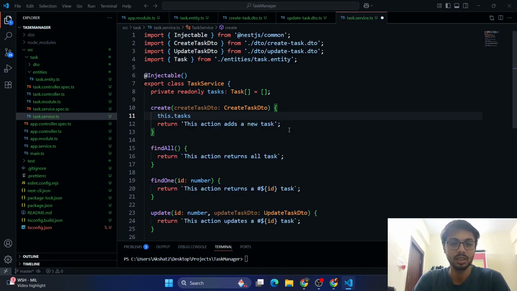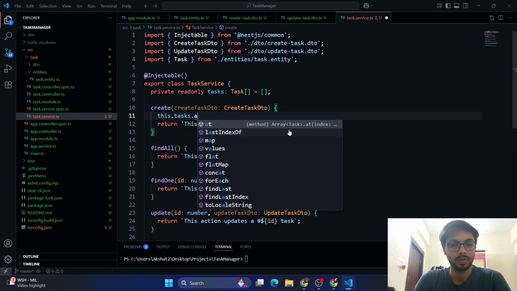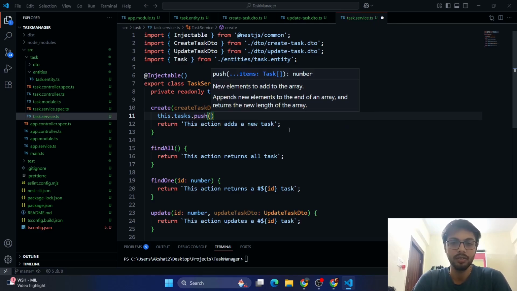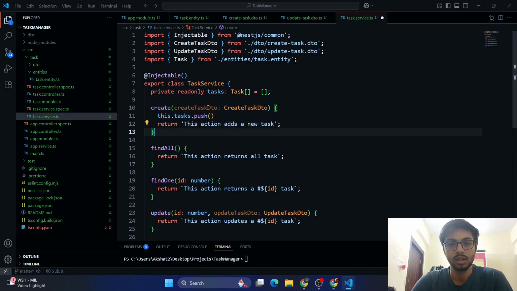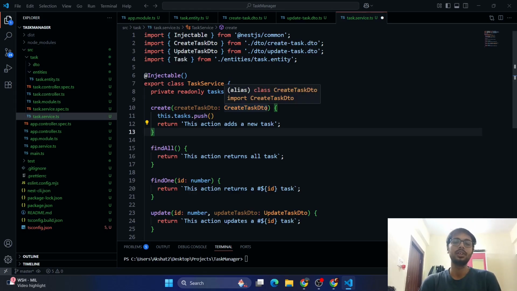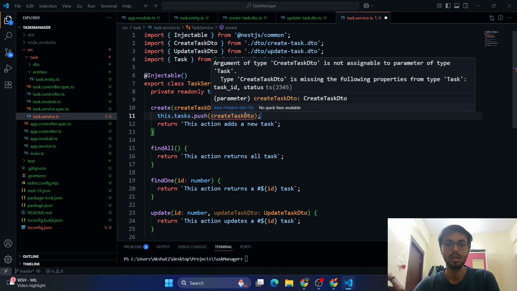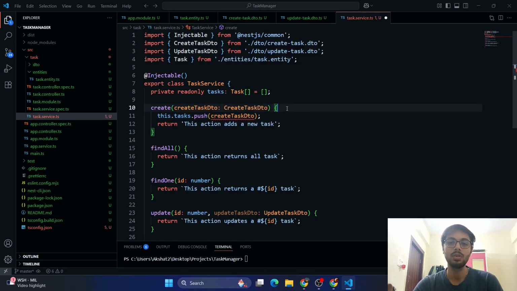So task dot push, and we get create task DTO here. So we push this only. I don't think so. It is not a single using the following property from task, status and name. So